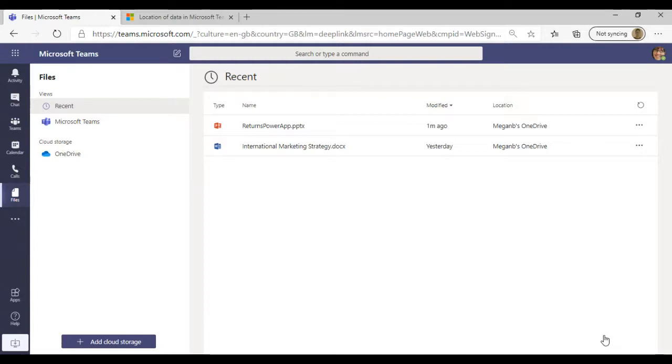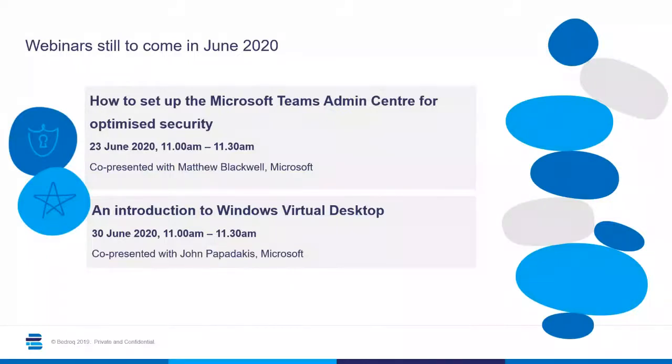Brilliant. Thanks, Matt. Really appreciate that. I think my takeaways from that, or a couple of them: Teams can become my all-embracing desktop. If I can load in my project management tool, my Twitter feed, internet pages, as well as doing all the comms and collabs that Teams does do, well, there's no need to come out of Teams at all as my environment. And likewise with the live event, with us all being in lockdown and working from home, or a lot of us being in that situation, live events is a great way of quickly doing those town hall events that we've got on an end of week, end of month basis.